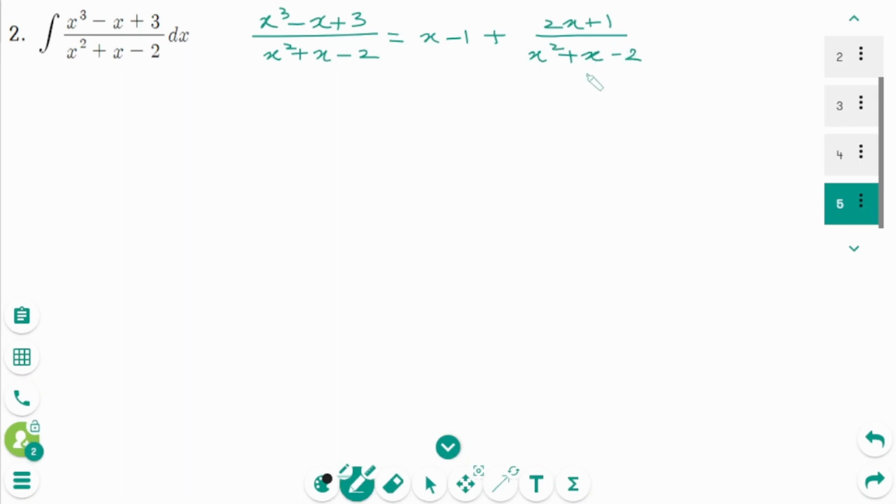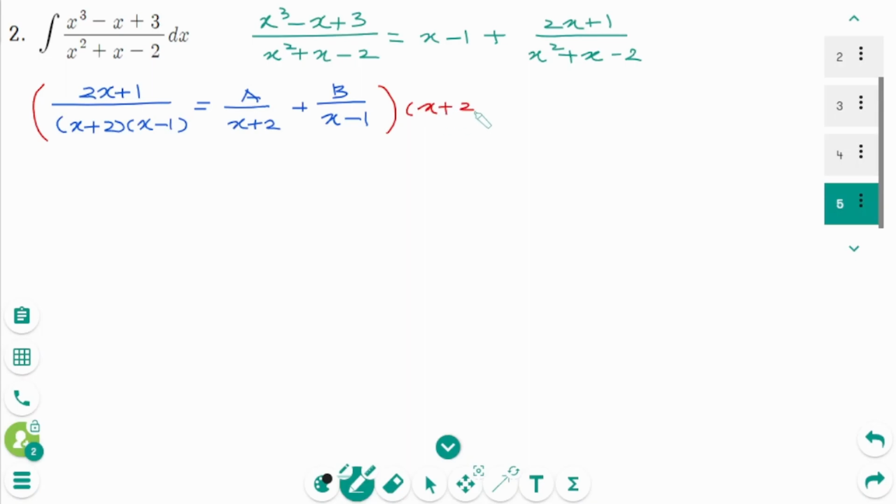Now let's make this part a partial fraction. 2x plus 1 over, we can factor the denominator x squared plus x minus 2: (x plus 2) times (x minus 1). The partial fraction decomposition form is a over (x plus 2) plus b over (x minus 1). Multiplying by the least common denominator, which is (x plus 2) times (x minus 1), on each side. Then the first one is 2x plus 1 equals a times (x plus 2 cancelled), then (x minus 1), plus b times (x minus 1 cancelled),